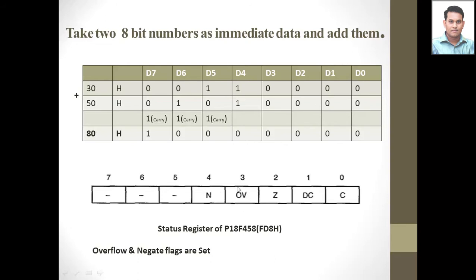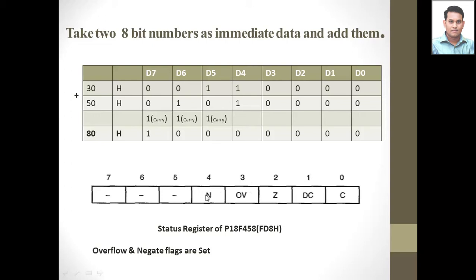Why is the overflow flag set? Because to set the overflow flag we have two conditions. First, there must be a carry from D7 to out, but no carry from D6 to D7. Here we don't have that case; we are not getting a carry out of the D7 bit, but we are getting a carry from D6 to D7, so for this condition the overflow flag will not set. But the second condition is that there must be a carry from D6 to D7, but no carry from D7 to out. Yes, we are satisfying this condition. We are getting a carry from D6 to D7, but no carry from D7 to out. That's why the overflow flag will set.